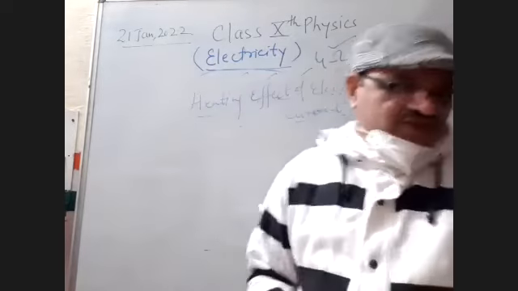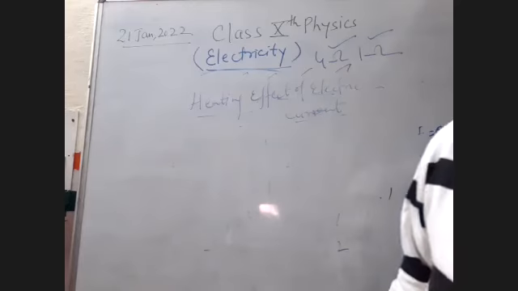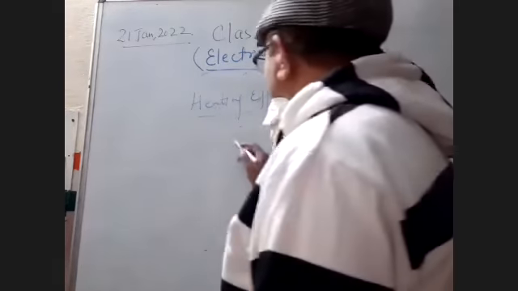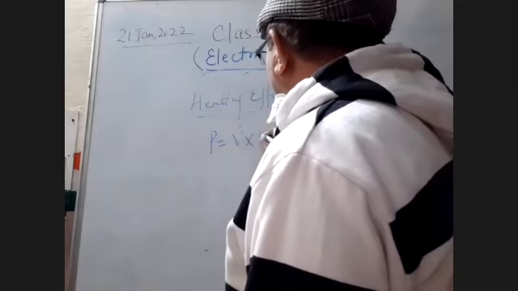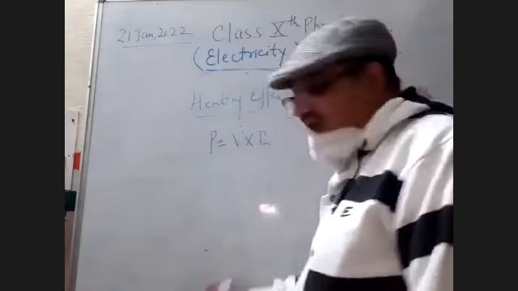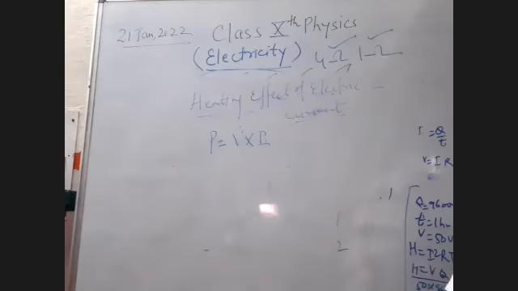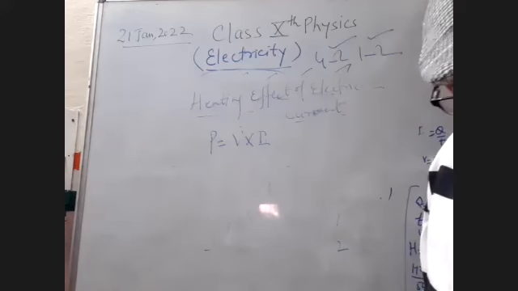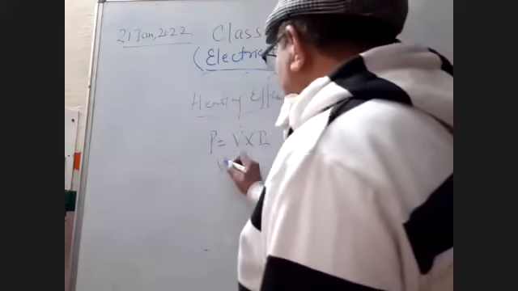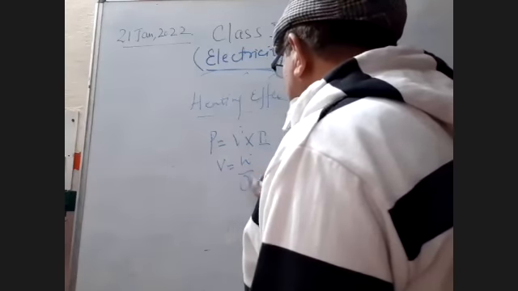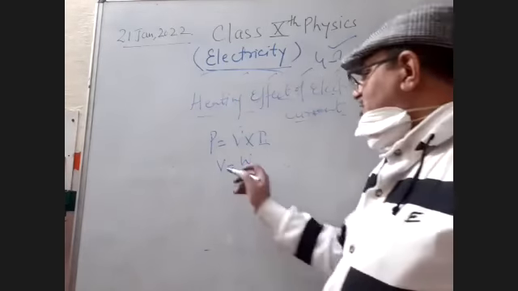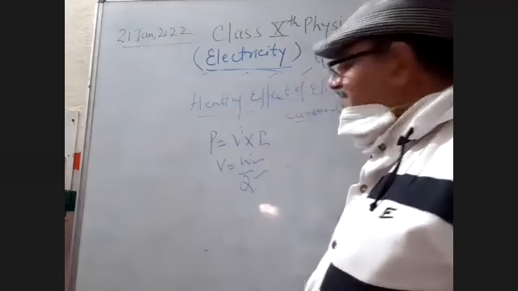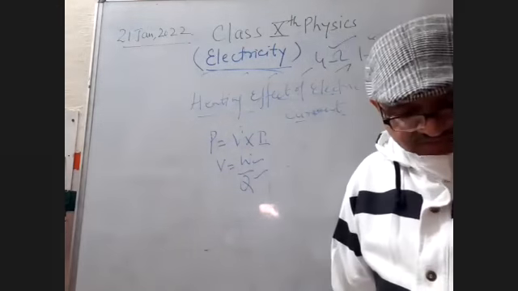So what happens, students, we know the definitions of, now students, look here: power. Power is equal to V into I, this is clear, students. And we also know that V is equal to W by Q. This is clear, students, that potential difference is the amount of work done in bringing the unit positive charge from one point to